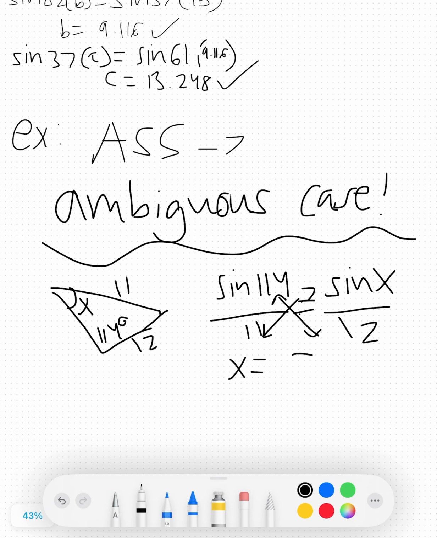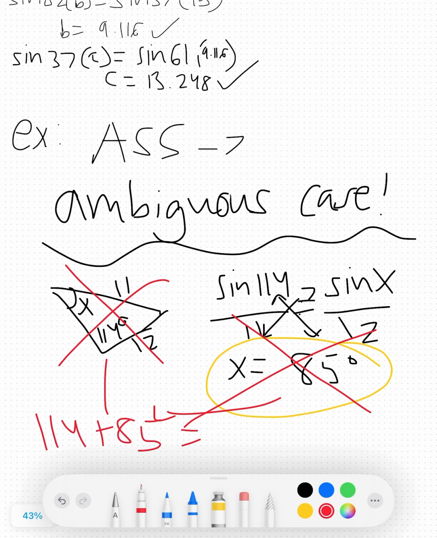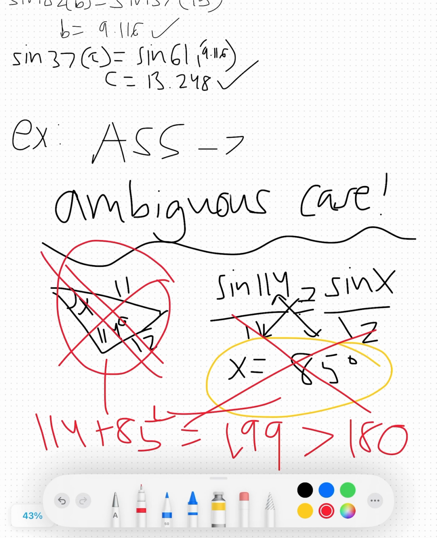85 degrees. And you might think this answer is right, but it's actually wrong because this is not a triangle at all. It is because if you add up these two angles, 114 plus 85, you get 199, which is greater than 180. So again, like I said, it's not even a triangle. So that means there is no problem to solve, really. And this only happens with